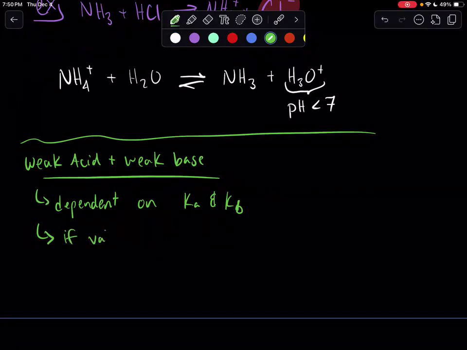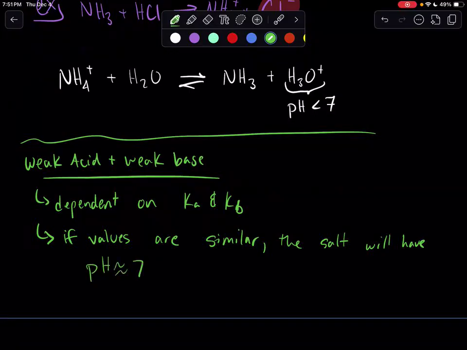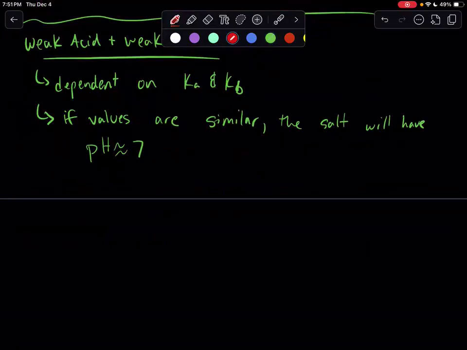if the values are similar, the salt will have a pH of approximately 7. So generally, we tend to look at whether or not they're similar, and we can make an assumption based off that. The last thing I'm going to go over is, well, how are you actually going to see problems